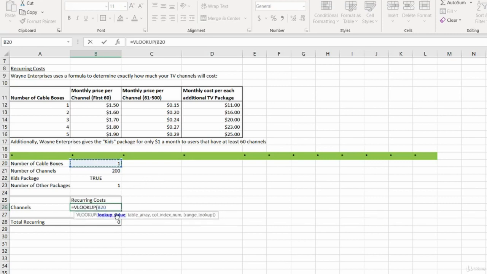We look up the number of cable boxes. We are looking for the number 1. That's the lookup value. We are going to look it up in this table right here. And so you always put what you're looking up in the left column for a VLOOKUP. Then you select the columns you might be using. And for this one, we are going to be using column number 2 because we want the price for the first 60. Not 3, 2,